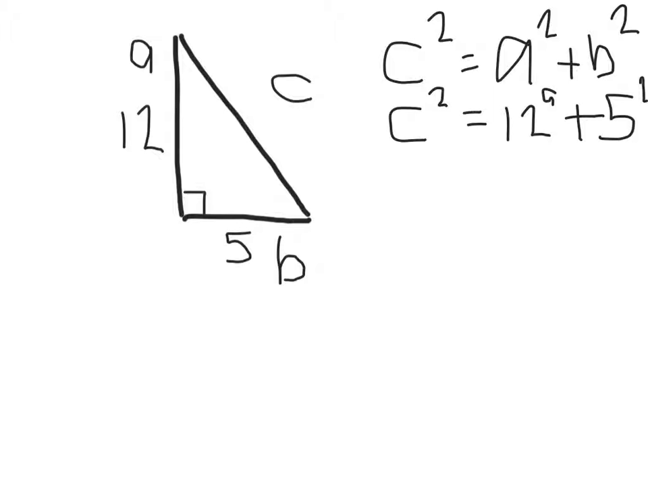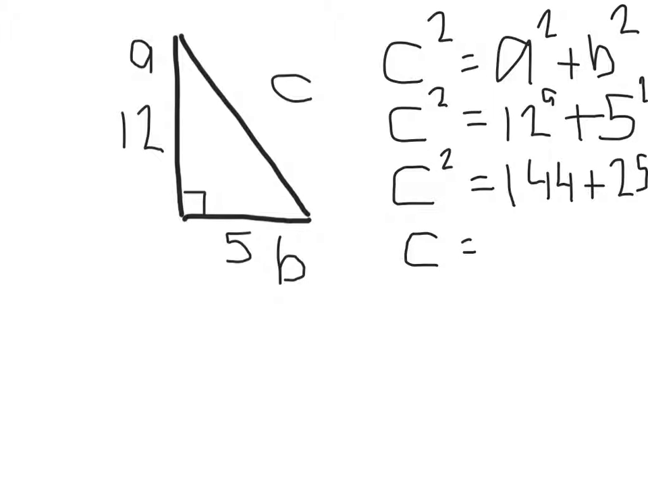Our next line will look like this. C squared equals 12 squared, so 12 times 12 is 144, plus 5 squared, so 5 times 5 is 25. Our next line, we can now find C is equal to the square root of the sum of those two numbers. So 144 plus 25 will give us